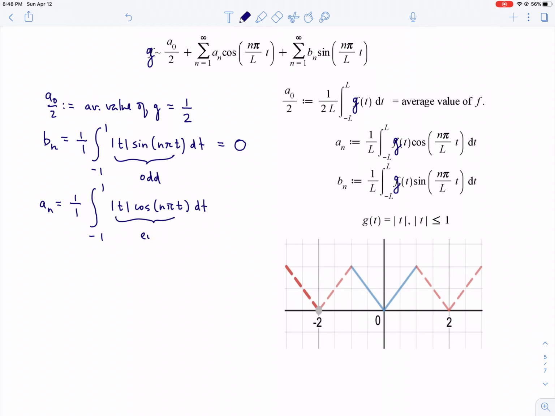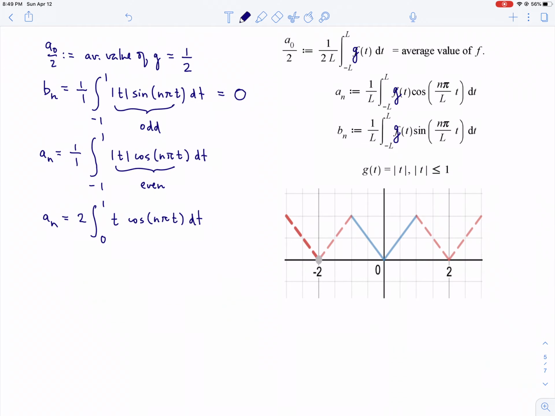Integrand is even, so the an's are twice the integral from 0 to 1 of t cosine n pi t dt. And we integrate by parts. This is u, this is dv, du is dt, v is sine n pi t over n pi,